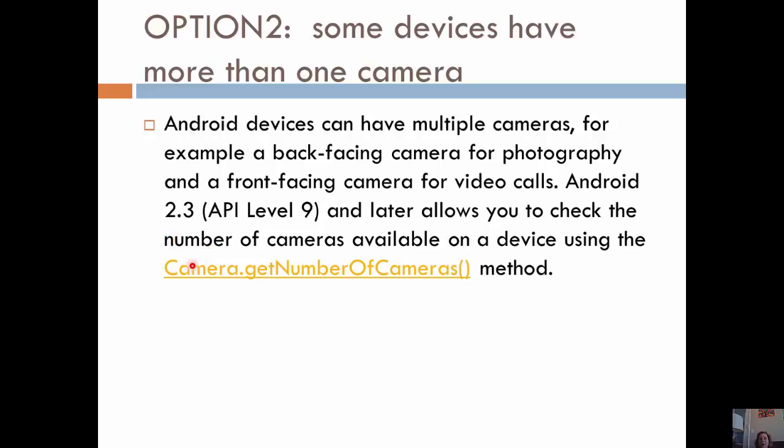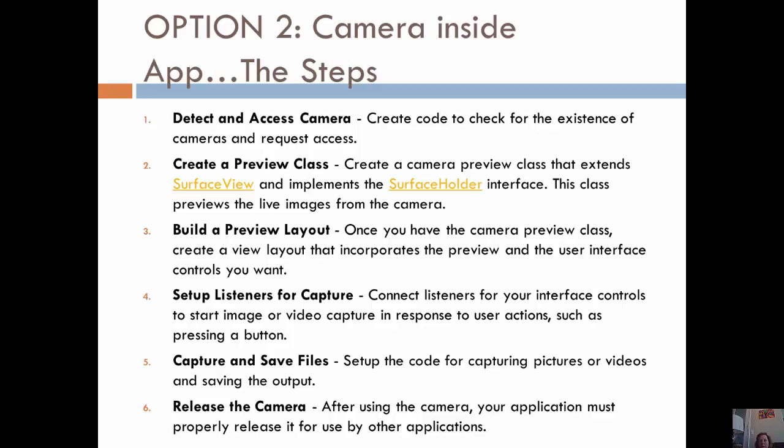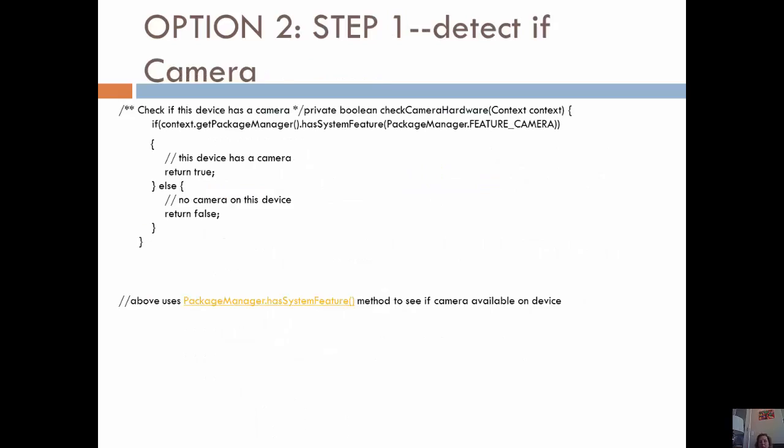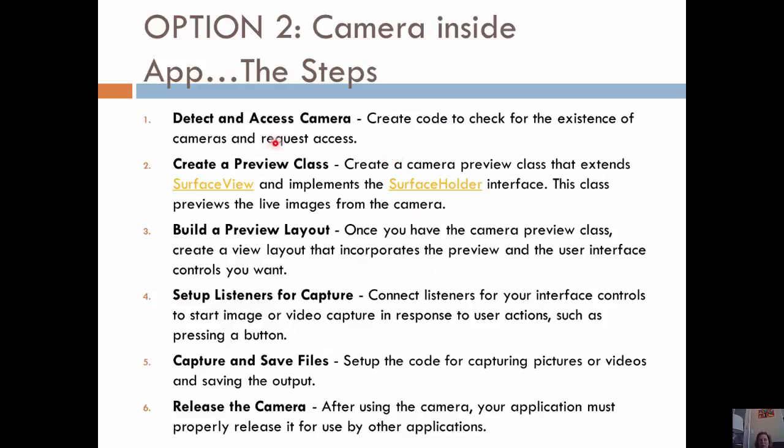Okay. So there is a method of the camera class called getNumberOfCameras, and that's interesting to note. A lot of devices have more than one camera. They might have a rear-facing and a front-facing, in the case of most tablets and phones. And so knowing how many you have is good. The steps you need to do is to detect and access the camera,